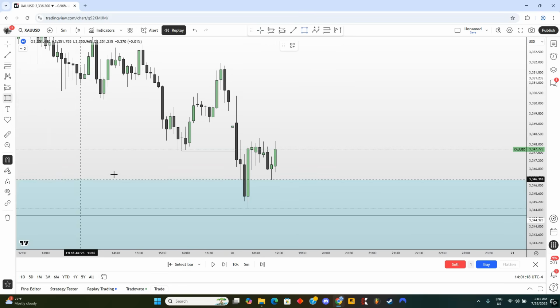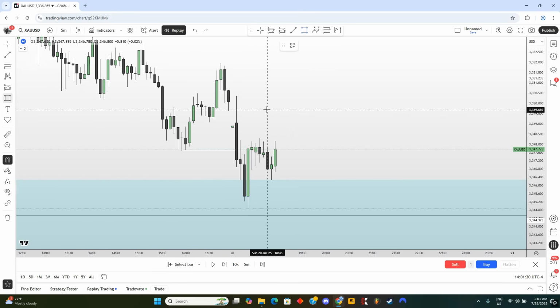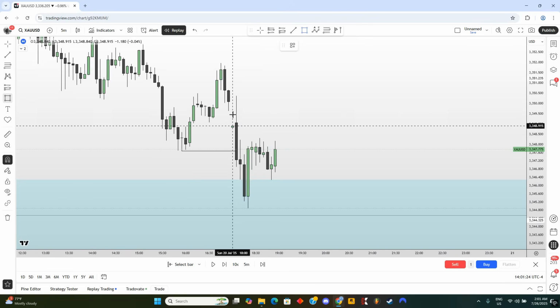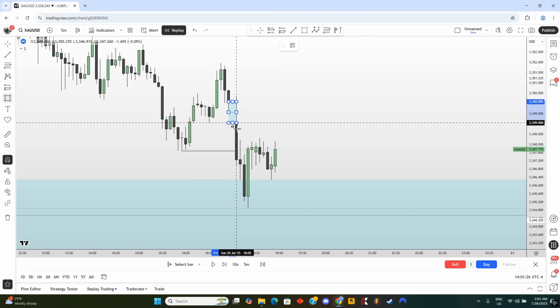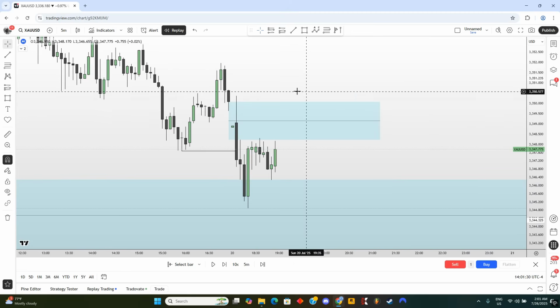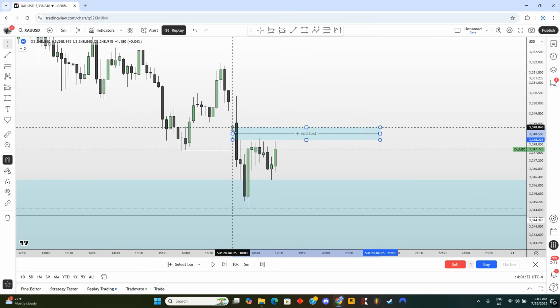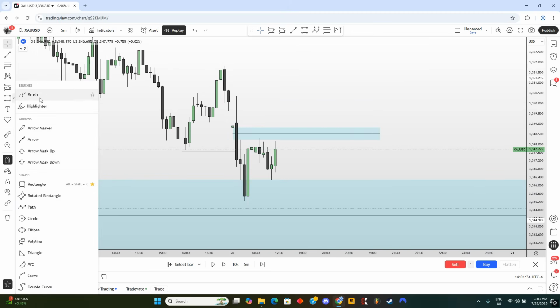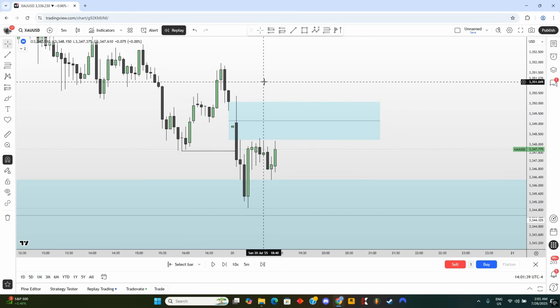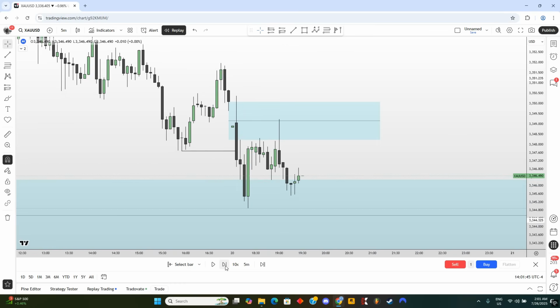And one more thing that I need to tell you is that volume imbalances and the gaps over here are considered to be a fair value gap for this strategy. So if there is a fair value gap over here, and then there's also a gap and a volume imbalance, you have to consider them as well. Now the next step is we are waiting for inversion above them and our entry must be during Asia session,